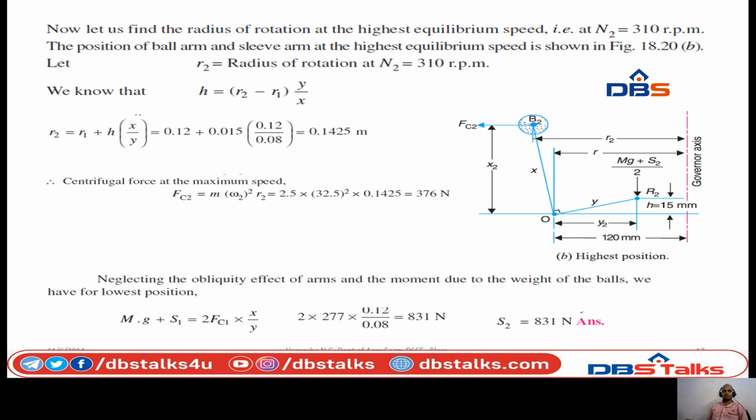and links, and the moment due to the weight of the balls, we have for the lowest position mg plus S1 is equal to 2Fc1 into x by y, that is 2 into 277 into 0.12 by 0.08, which is finally 831 Newton. So S2 is equal to 831 Newton. Similarly for the highest position also,